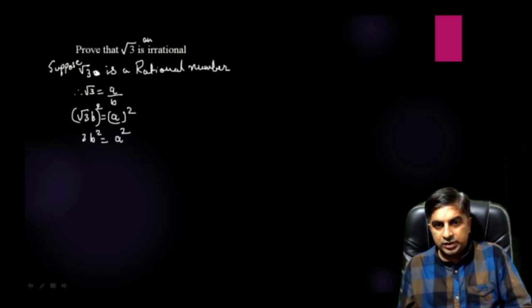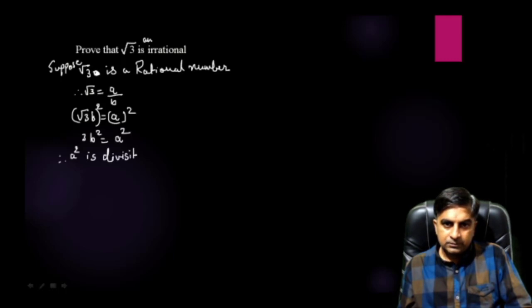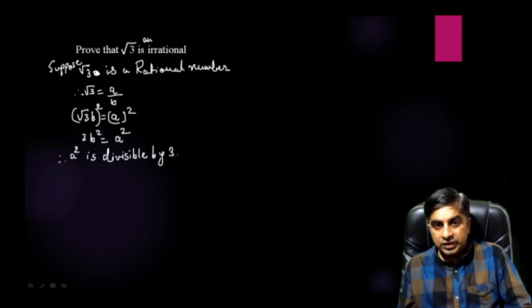Now these two are equal. Here 3 is there, so somewhere inside this a, one 3 is there. So we can say that therefore a square is divisible by 3. But one thing we forgot: here we need to suppose root 3 is equal to a by b, where